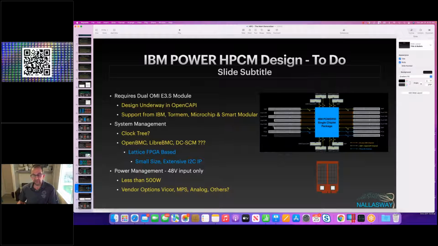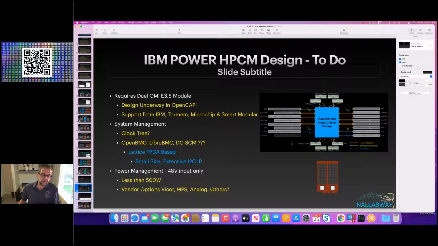So if we just stare at this, it's extremely simple in a lot of ways. Everything just comes out to connector I/O. So the only piece, well, I say the only, there are important pieces. The pieces we need to get onto the module, and obviously real estate is at a premium on these modules, is we need to get the power in, the power management, the system management, including the clock tree and the